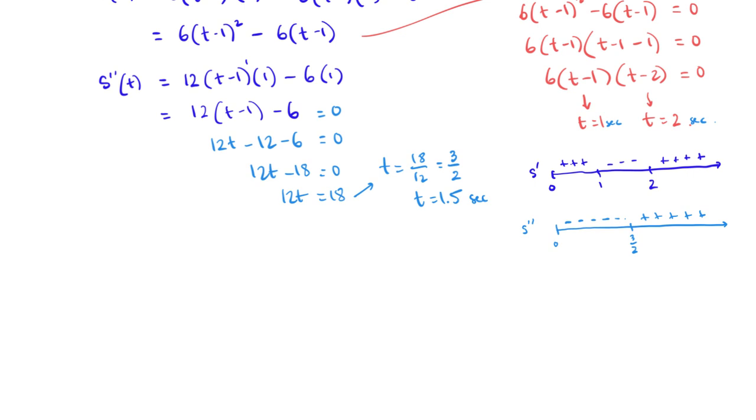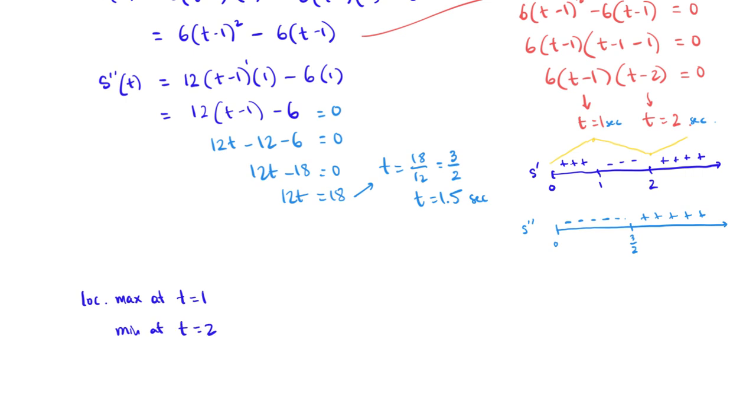We see that the function is increasing from 0 to 1 because the first derivative is positive, and then decreasing from 1 to 2 because the first derivative is negative in that interval, and then increasing from 2 to infinity. This means we will have a local maximum at t equals 1, and we also have a local minimum at